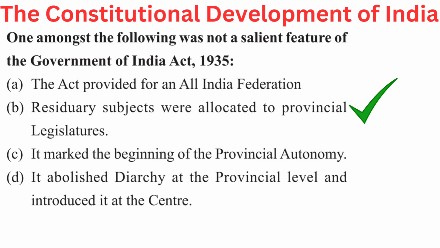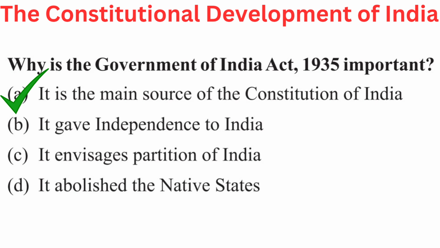C. It marked the beginning of provincial autonomy, or D. It abolished diarchy at the provincial level and introduced it at the center. Right answer is B. Residuary subjects were allocated to provincial legislatures. Question is, why is the Government of India Act 1935 important? Your options are A. It is the main source of the Constitution of India, B. It gave independence to India,